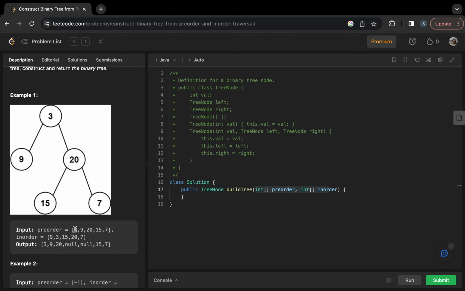So we can say that from preorder, all these values are the root nodes, and we can create the root nodes. And from inorder, we can figure out the left side and right side. So if you take a look at this one, when 3, and then we take a look at inorder, whatever comes on the left side is in the left subtree. Whatever comes on the right side is on the right subtree. So with this, we can actually start